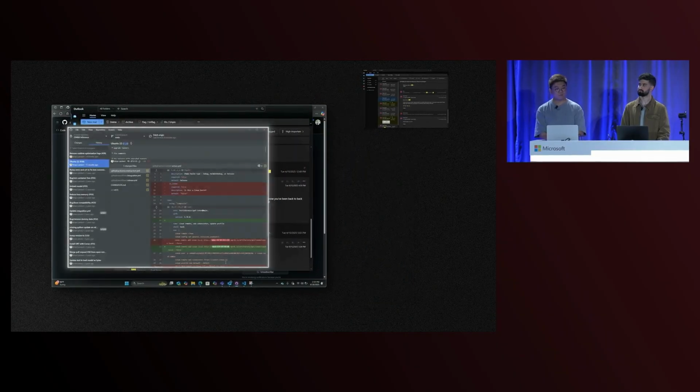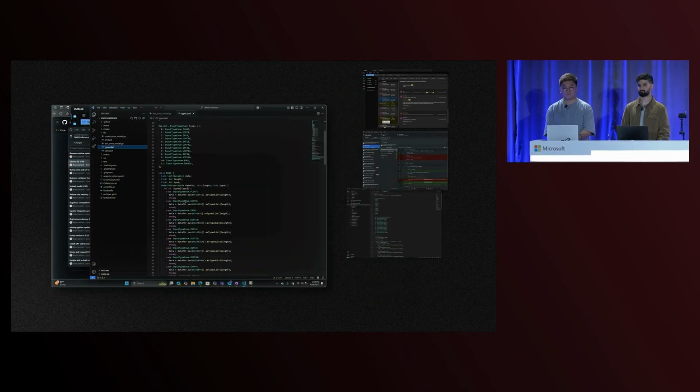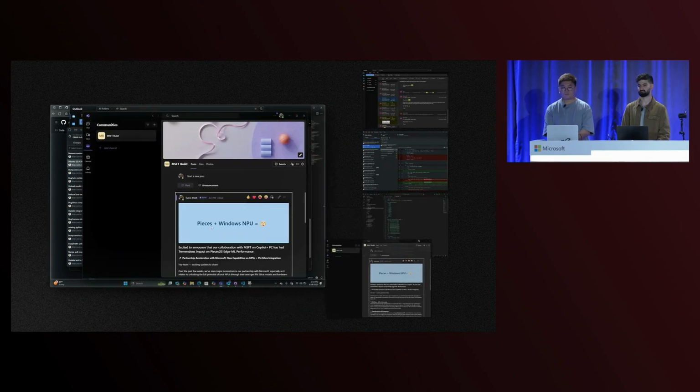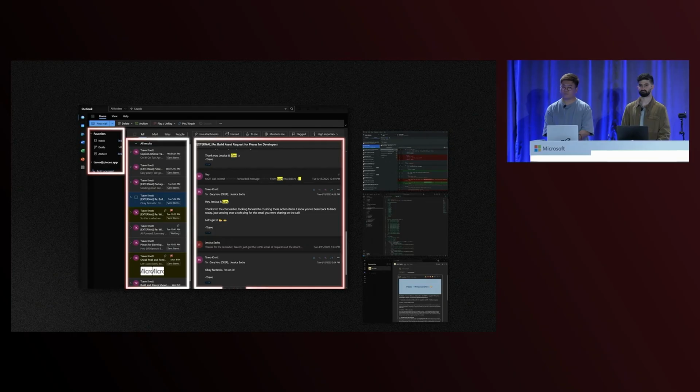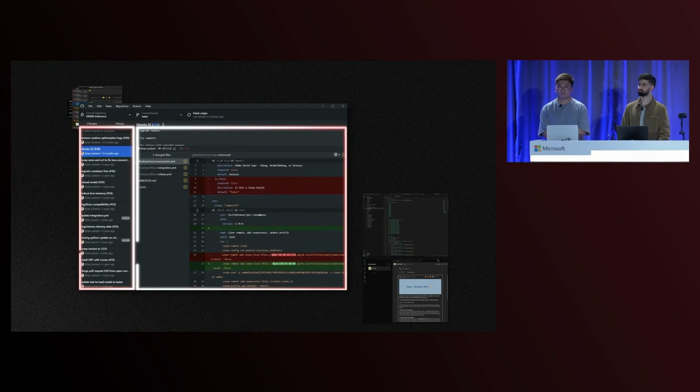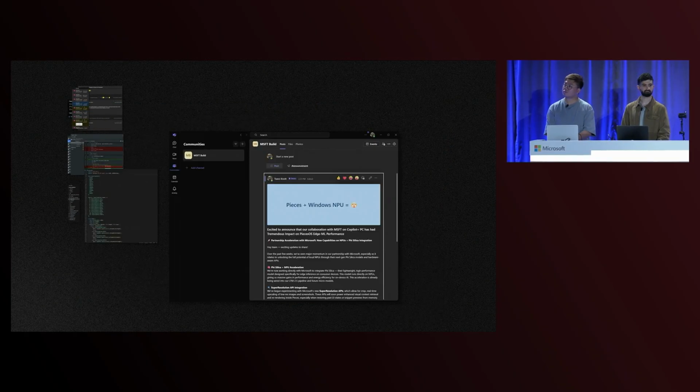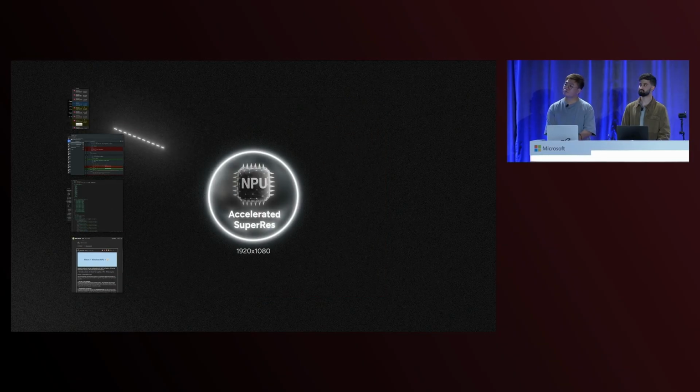Hey there, Sava here, CEO and co-founder at Pieces, where we've been on an ambitious journey to give developers artificial long-term memory across the OS. And this is a hard thing to do because we're pulling in this context and forming these memories in real time. Now we do this through plugins, accessibility, and vision processing. And recently, we partnered with the Windows team to offload our vision stack directly onto the NPU.